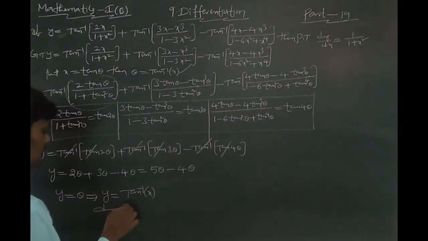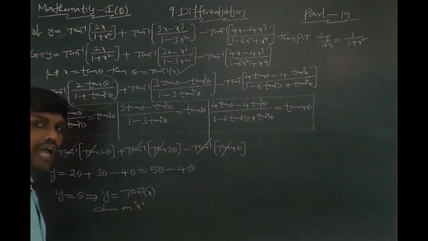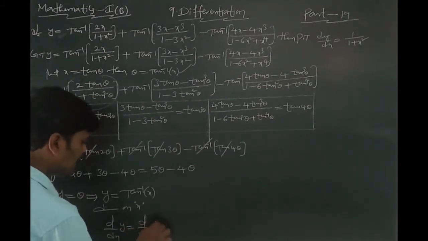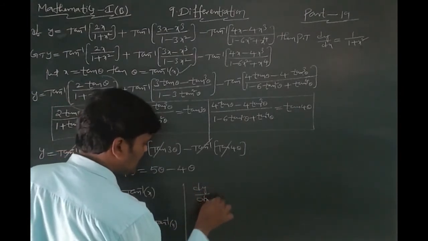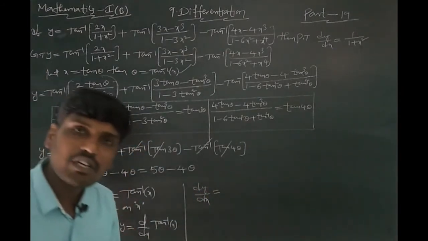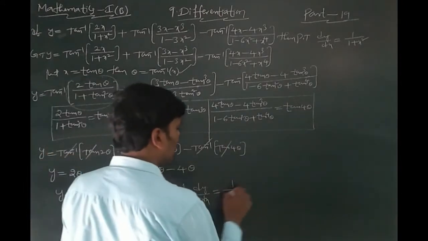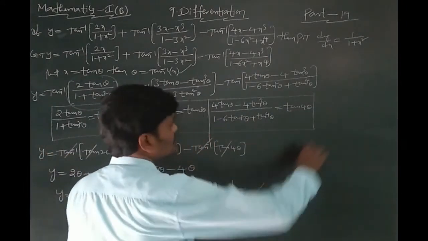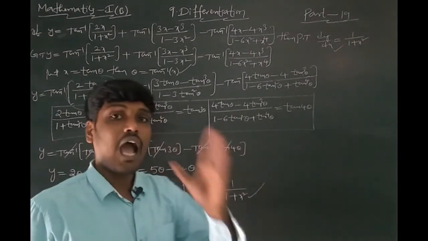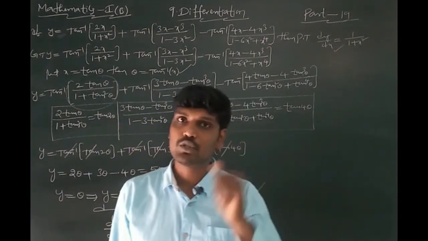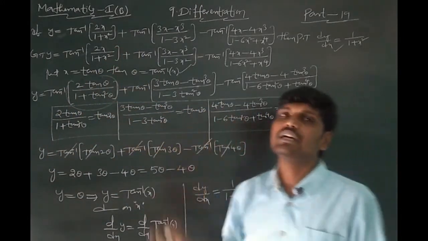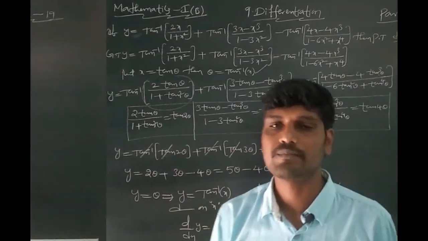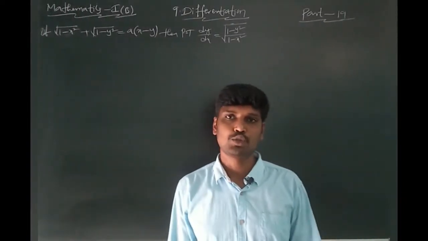After that, take the derivative on both sides with respect to x. d by dx of y is equal to d by dx of tan inverse x. The derivative of tan inverse x is 1 by 1 plus x square. This is the answer. Correct or not? Check. This was an unexpected 7 marks problem last year. Very easy one. If you know these formulas you easily get the total marks. Important 7 marks problem in the substitution method.